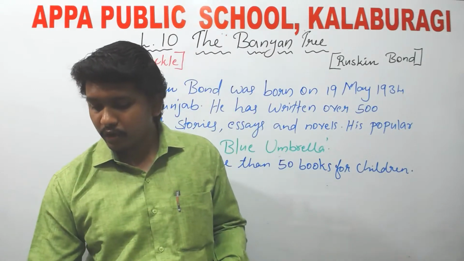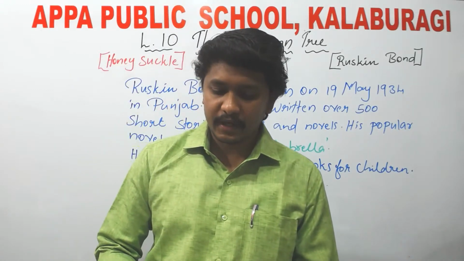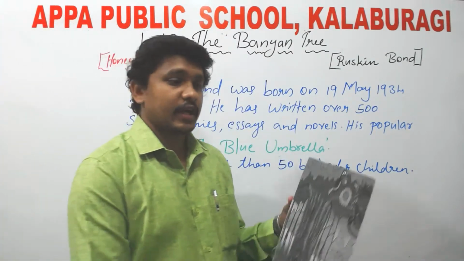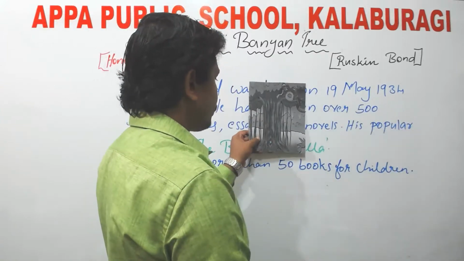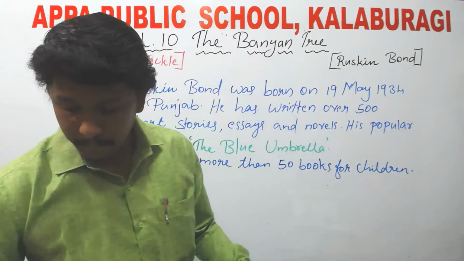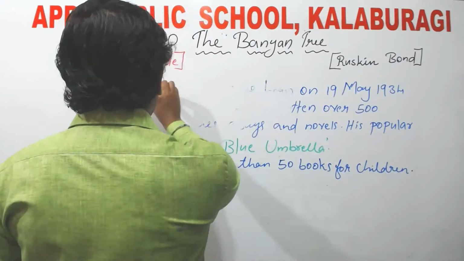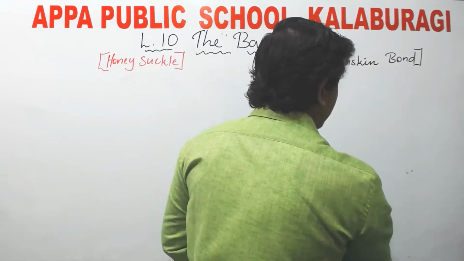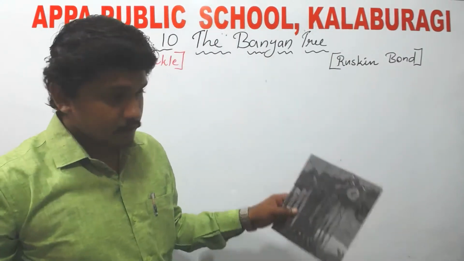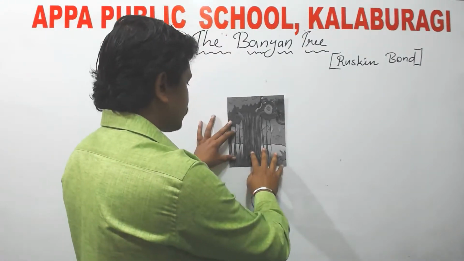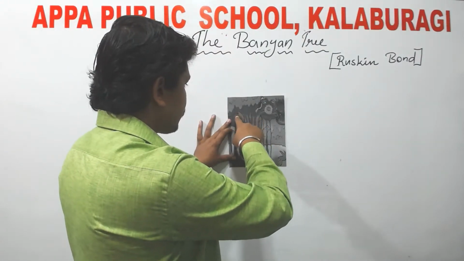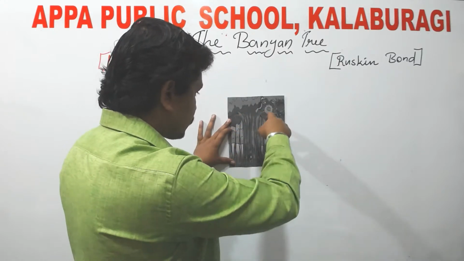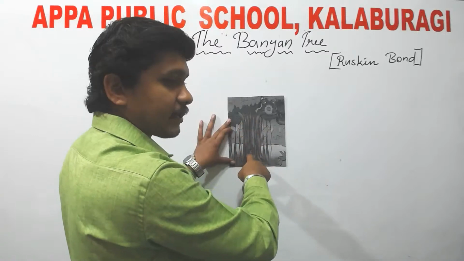So here I have brought you a picture of the banyan tree because it has too many twisting passages. You can see here a banyan tree, with so many twisting passages. So this is a banyan tree. Its branches spread, and from there it takes root again. So it will be spreading down, and from there it can take roots again.